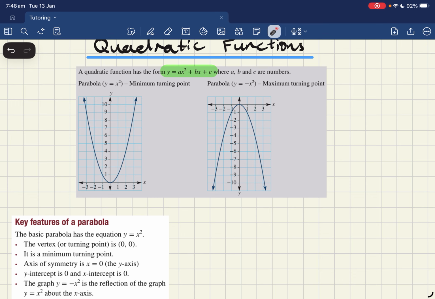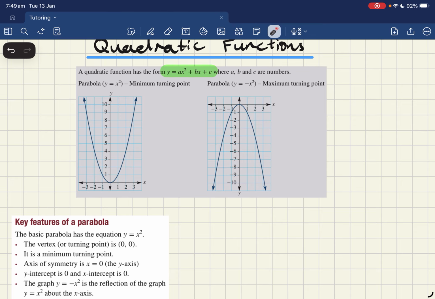We have what's called an axis of symmetry at the y-axis. So if you look here, it looks like this part is mirror reflected on this side. Same with this. This part is mirror reflected. So we have what's called an axis of symmetry. And this occurs at the y-axis or at the line x equals 0. Now, both the x and y intercepts are 0 here in this sort of simple quadratic graph, y equals x